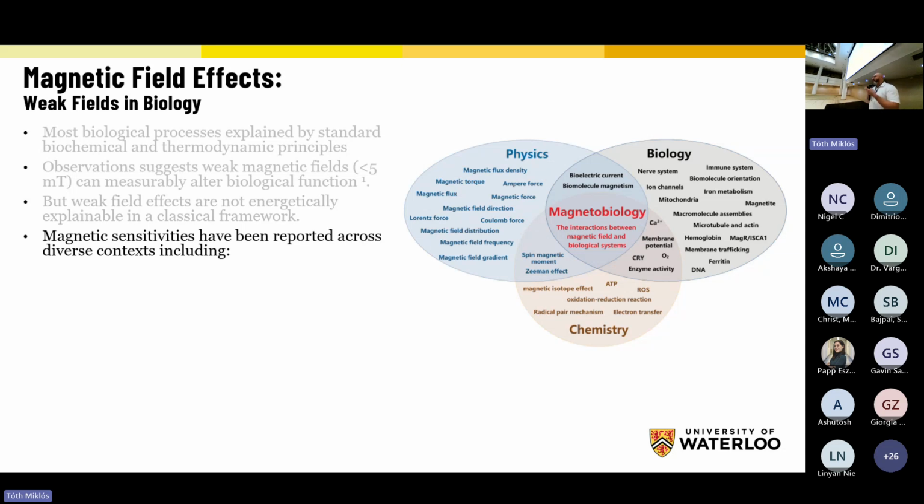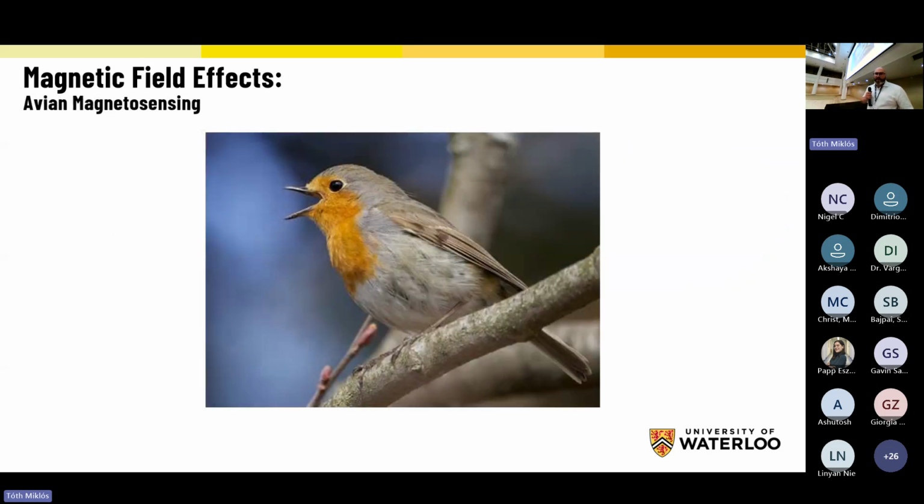But despite the fact that it seems to go beyond classical descriptions, there's a large reported body of work that consistently shows magnetic field effects based in biochemistry at the level of cell behavior, as well as up into animal behavior and so forth. And so we're going to go through some of this stuff. First off, we heard Dr. Jones talk this morning about the avian compass, magnetosensing in the European robin. And this is kind of where this idea of radical pair mechanisms and quantum biology to explain weak magnetic fields in biology started to come about.